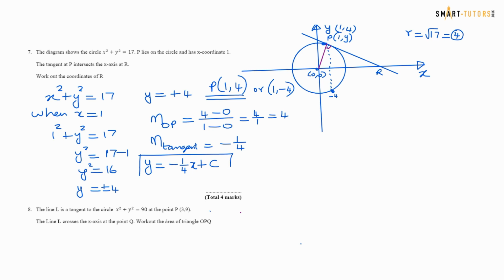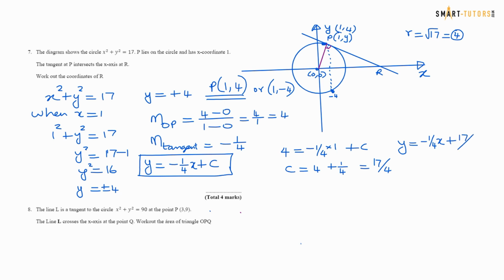So this is the equation, but we need to find out the c. For c, you already know the values of 1 and 4. So let's target that one. So 1 comma 4 means y coordinate is 4, equals minus 1 upon 4, x is 1, so times 1 plus c. So c is going to be 4 plus 1 upon 4, so 17 over 4. So the answer for question number 7 is y equals minus 1 upon 4x plus